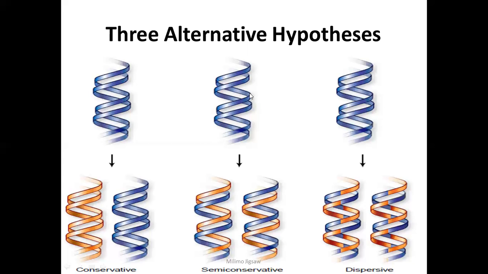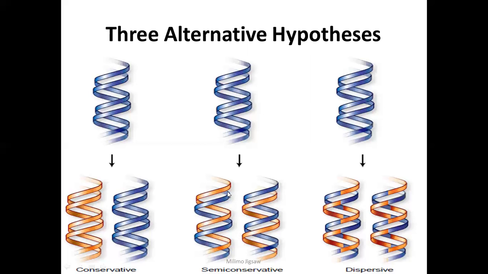So each of these two strands will act as a template for the synthesis of a new daughter strand. So we have this old parental strand acting as a template to synthesize a new strand. Then the other parental strand will also be used to synthesize another new daughter strand. It is called semi-conservative because each new daughter DNA molecule